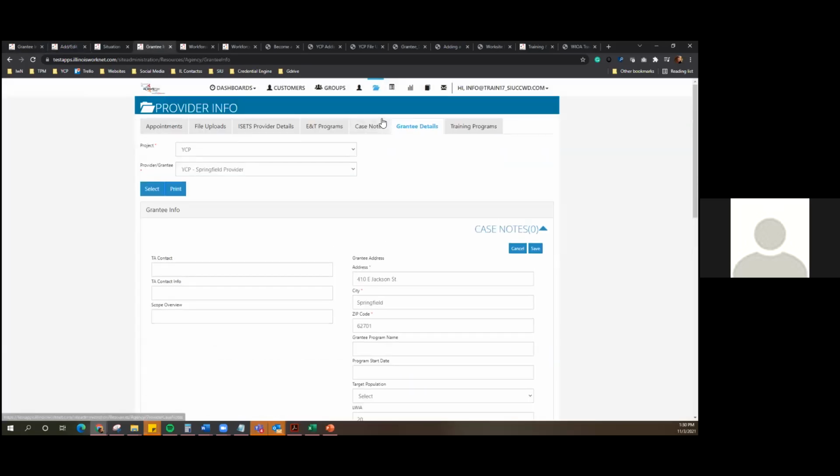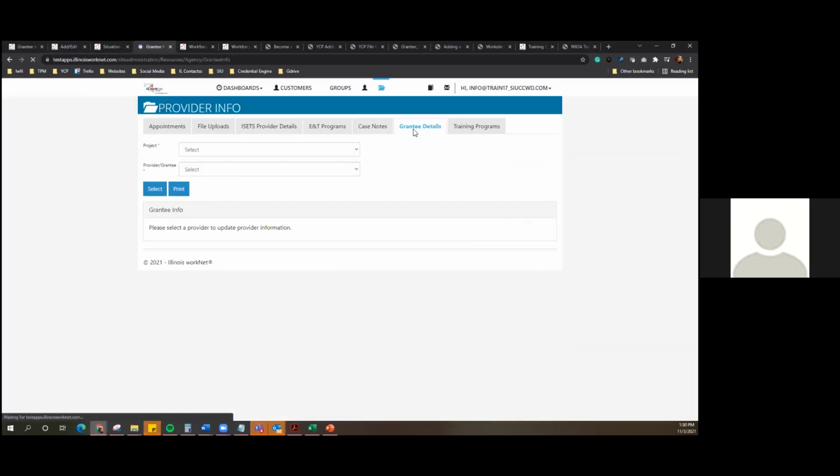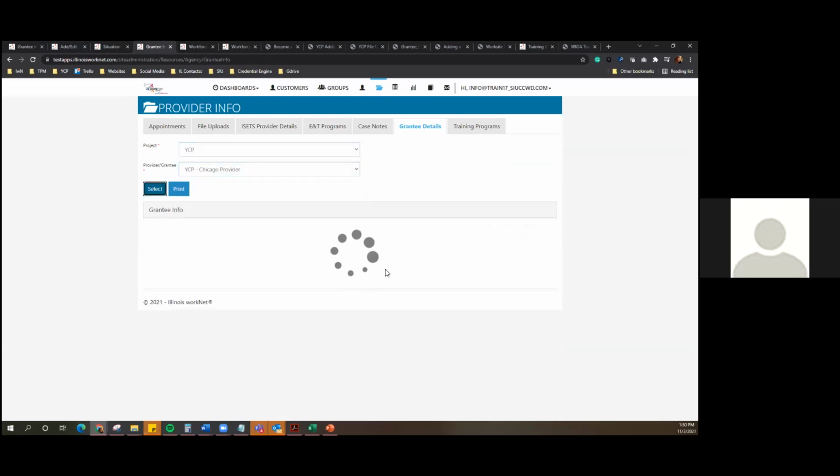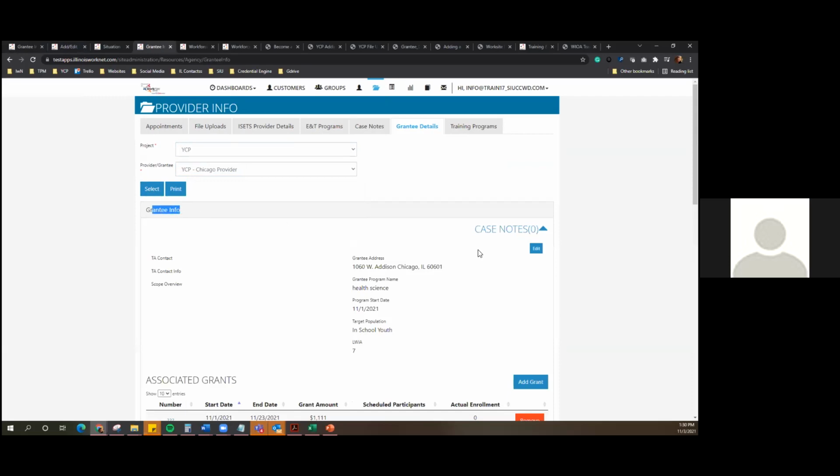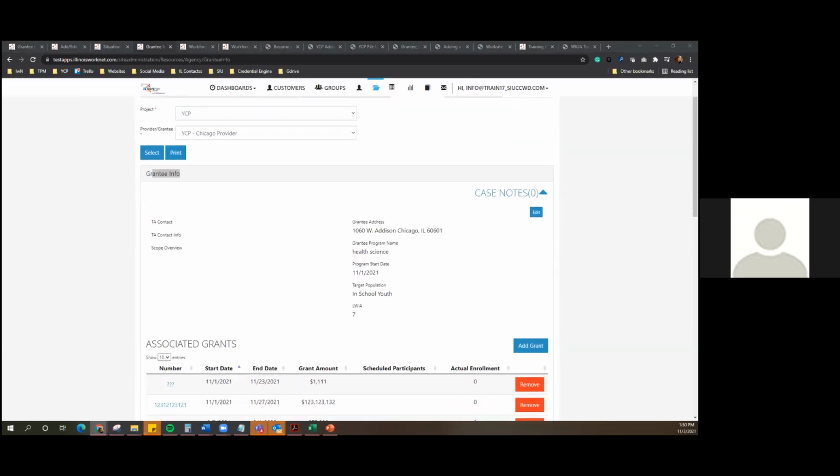Okay, here we go. You're going to want to go to your grantee details tab, and first fill out your grantee information. So that's the very first thing. Is that one of the links that you added in the chat? Were those instructions? Yep, there is a grantee details. So you'll do that. Oh, I have that one. Okay. And then once you have that, you can do your training programs, then your worksite placement, and then any files. Not everybody will have files, but you can get those done as well.